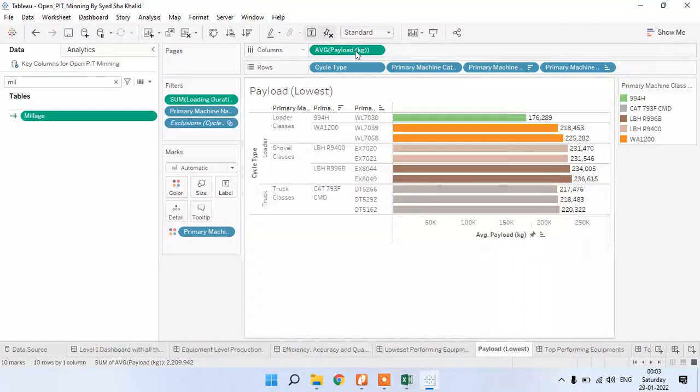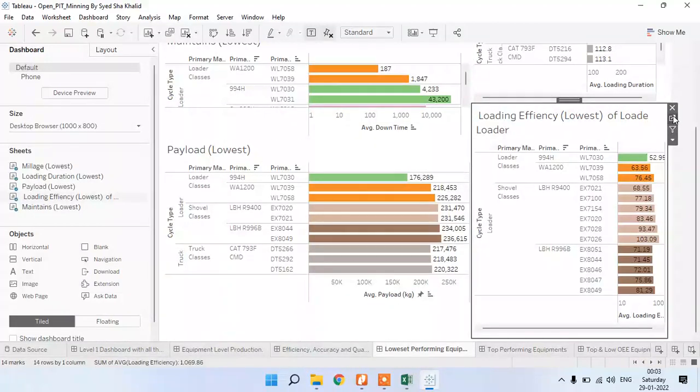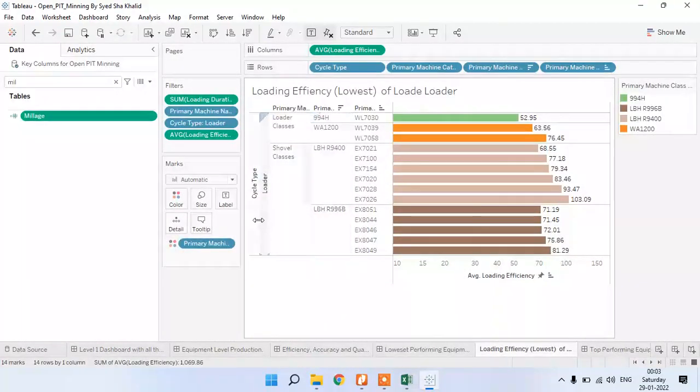What is the average payload? I consider the average payload here, and then lowest frequency rate of loader, only for the loader cycle, because frequency is given only for the loader.